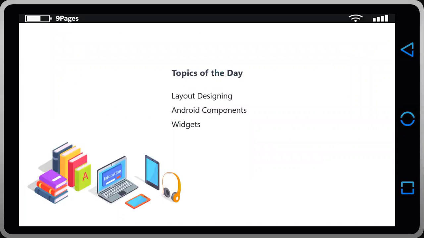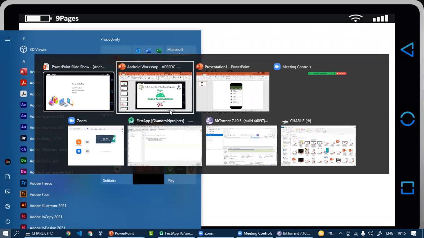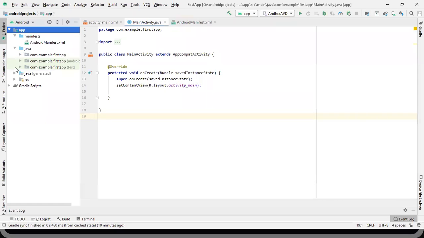So the topic of the day is layout designing, Android components and widgets. For layout designing, we go through our Android projects, inside which we have created an empty activity.